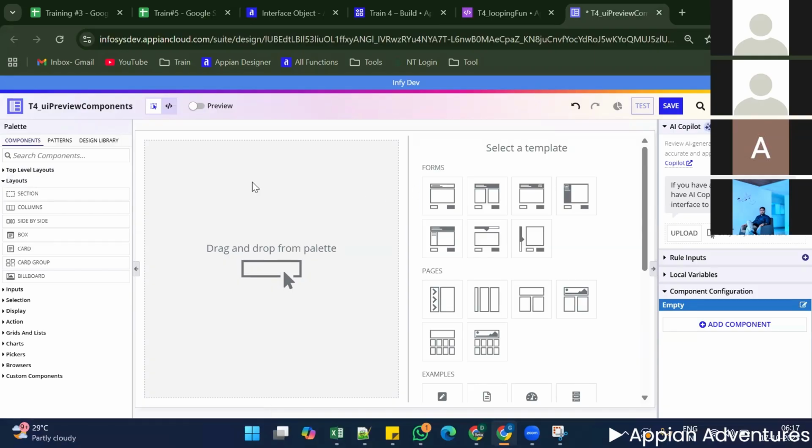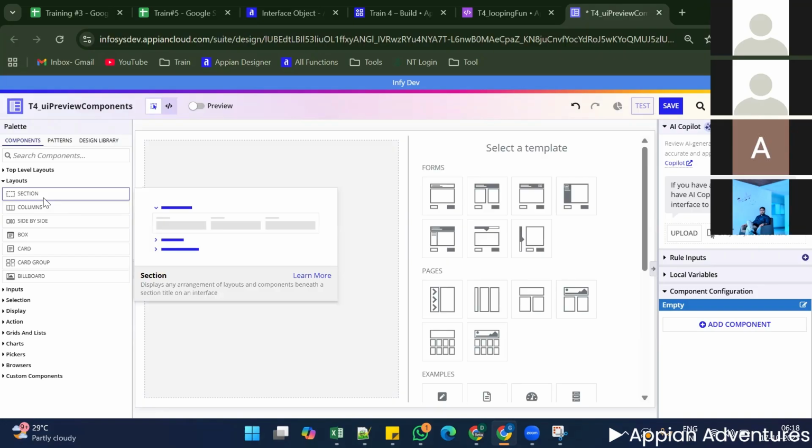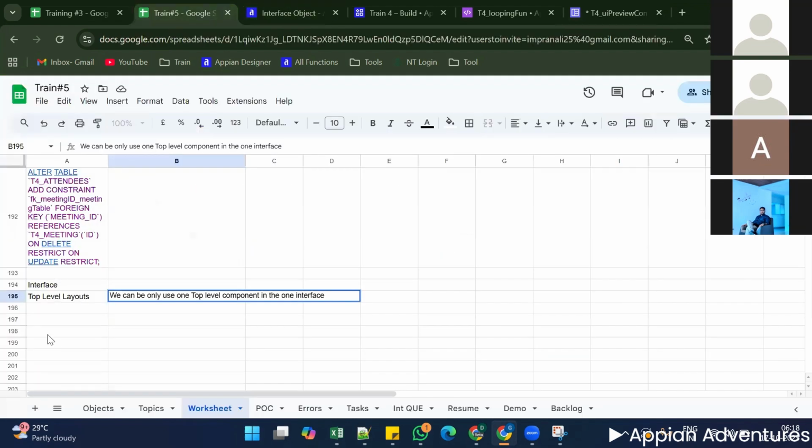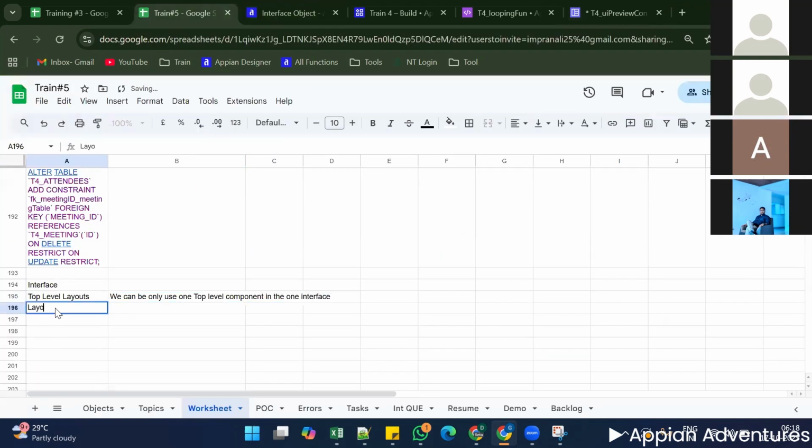If you want to categorize different sections, like capturing the basic details from the user, personal details, and then another section called address details, education details, and also the previous organization details from the users. Everything has different sections, right? So at that time we will use each layout to capture the user inputs more effectively. I will show you guys once again. So we have layouts, which are mainly used to